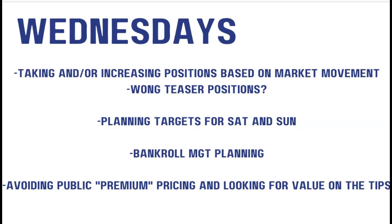But Wednesdays are definitely starting to really get into taking better and bigger positions. The sports books are opening up their limits a little bit more. And, again, looking at those long teaser options, especially in the NFL, long teasers are not, I believe, to be played in college football, but definitely in the NFL. And if you don't know what a long teaser is, it's basically playing on the key numbers and using those to your advantage. So also planning and preparing the targets for Saturday and Sunday, because I want to